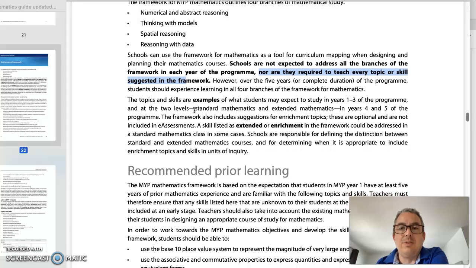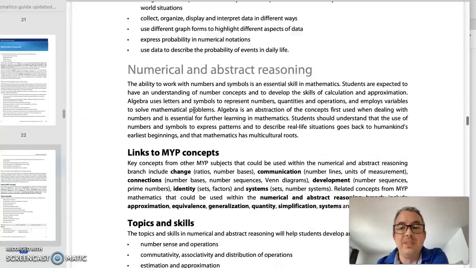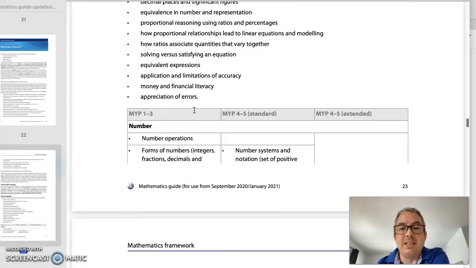teach every topic or skill suggested in the framework. However, if you are doing the MYP e-assessment, then you will have to see all of the topics that have been selected for these exams. So